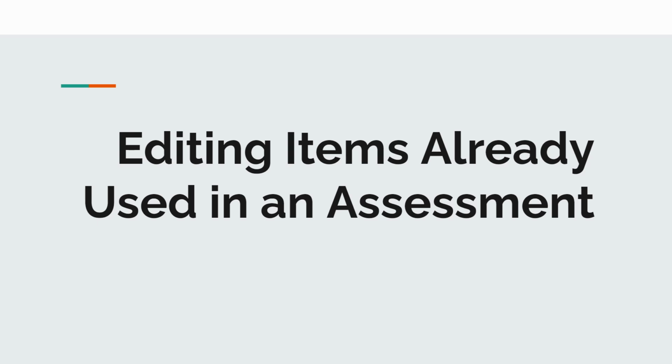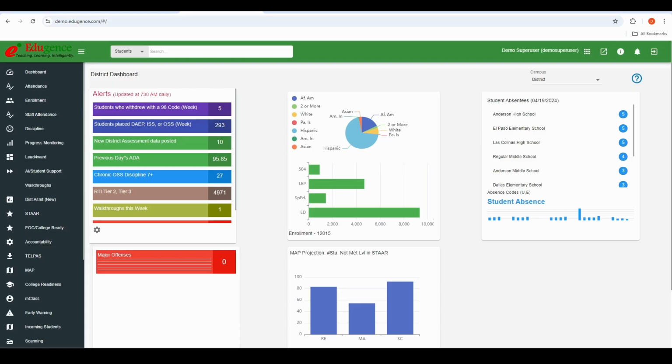Today, we will be exploring how to correct and edit an item that has already been used in an assessment. First, let's locate the assessment we want to edit. We will start at the front page of Edugens, where we will click on the apps in the top right